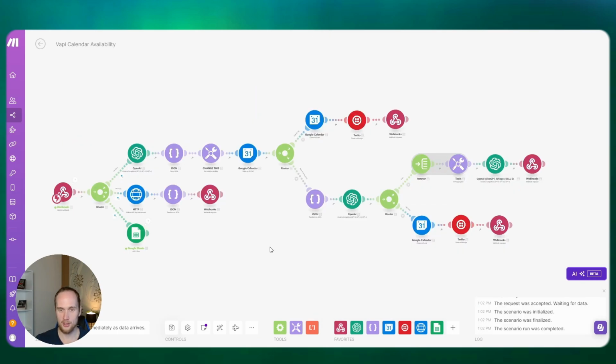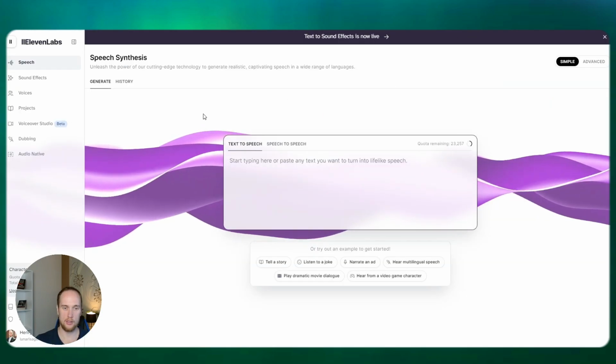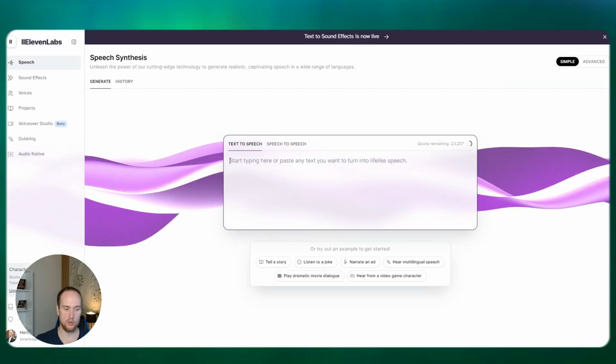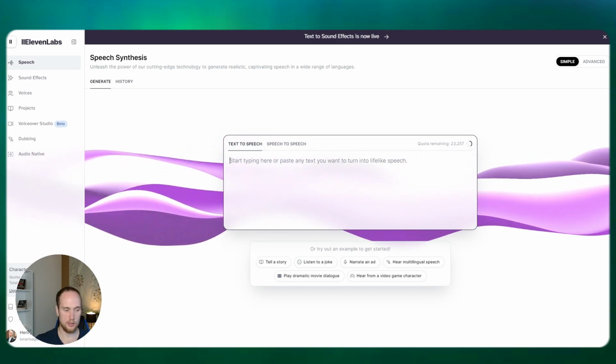So my squad of 3, the English, the Polish, and the Spanish speaking team or squad, they transferred in between each other. So if you guys do want to build this, I will go through it right now. What we might do is just go through the things that you need first. So you will need an Excel sheet where we can store all the transcripts. You would need an 11 Labs account with a subscription on it.